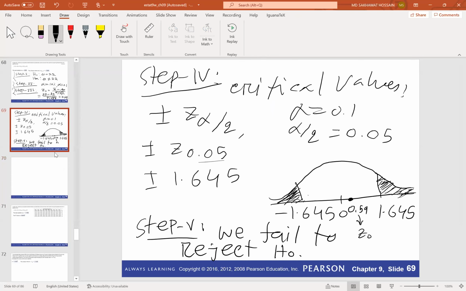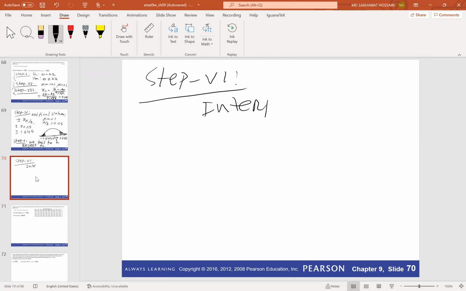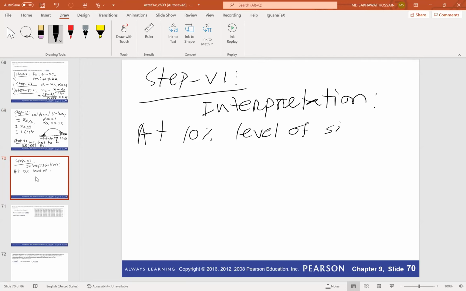Okay, if you do not have any question, I'll write the interpretation of the results. Step 6: interpretation of the result. First you need to write the level of significance. The level of significance was 10%. At 10% level of significance,